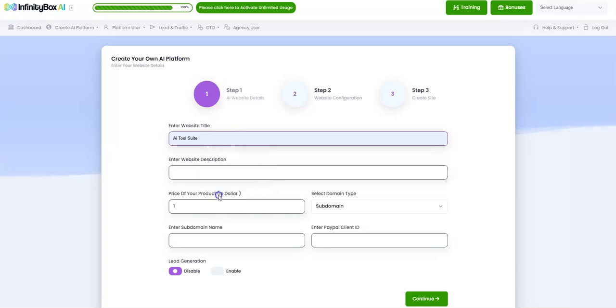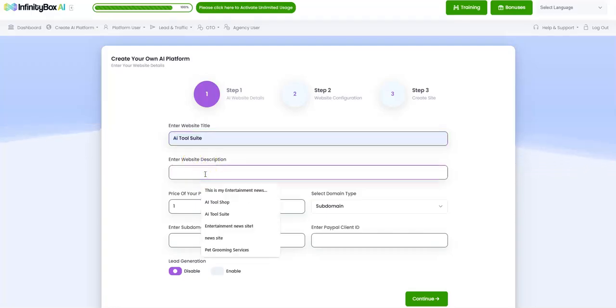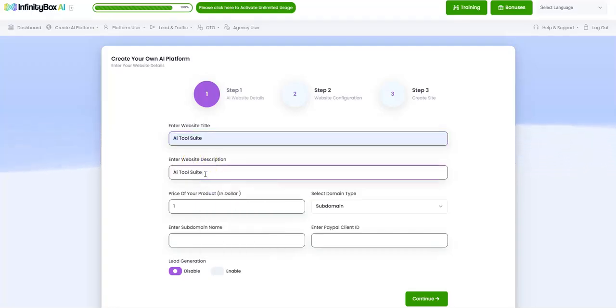So I'm just going to name the platform AI Tools Suite right over here, and it says enter the website title. So that's going to be my website title, and right over here I'm about to enter the website description. So you just put the website description like AI Tools Suite to help